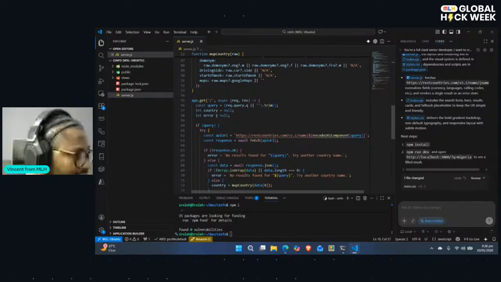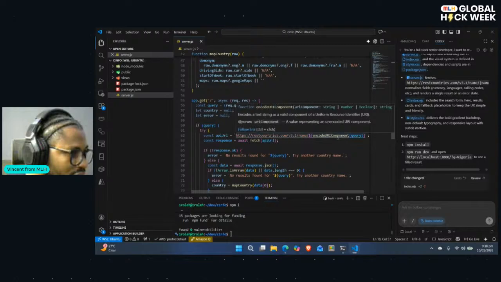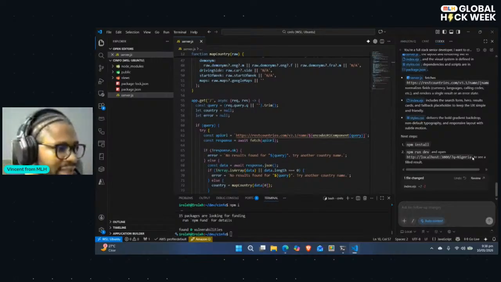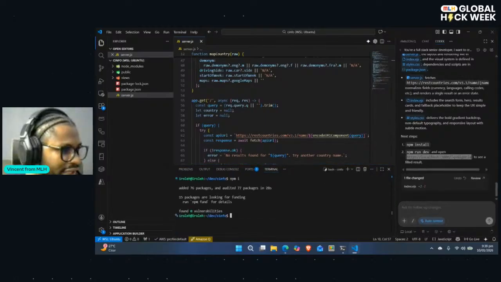So when we go to the GET request, the homepage slash, it's just going to get this and encode the query. Okay, I think it's doing something I don't like. It expects me to actually pass in the country from the URL, but I don't want to do that. Let me show you what I mean. It expects me to pass the URL parameter query of the country I want to search for, but I don't want to do that.